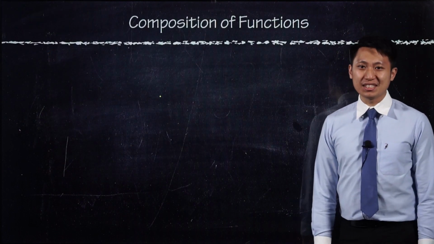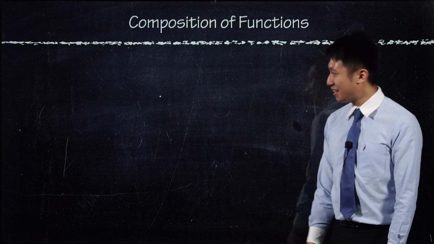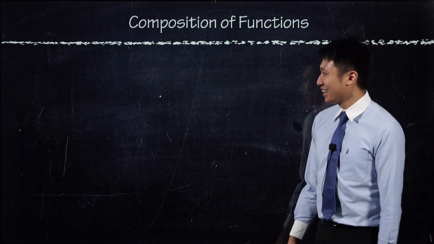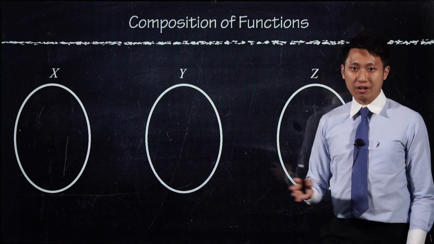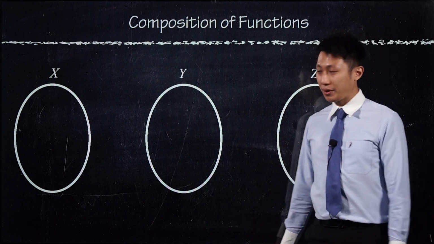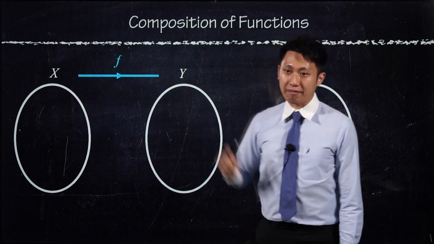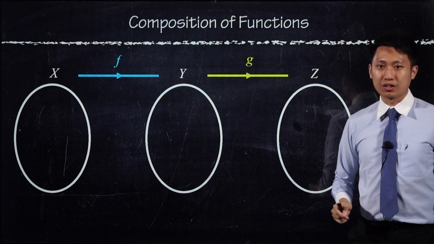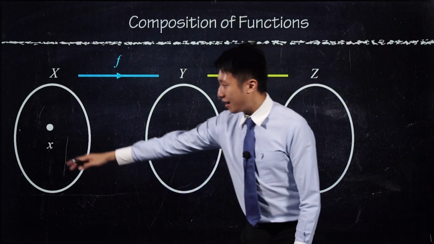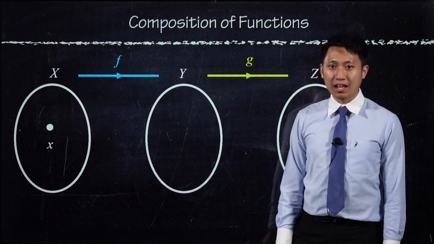So what's composition of functions? It means you mix here and mix there. So you have 3 sets instead of 2 now, and you want to join them together in a way. First of all, I call this function from x to y f. Then I call this function from y to z g. Then I have a point here, then I map to here. What do you think that point is called? That point is called